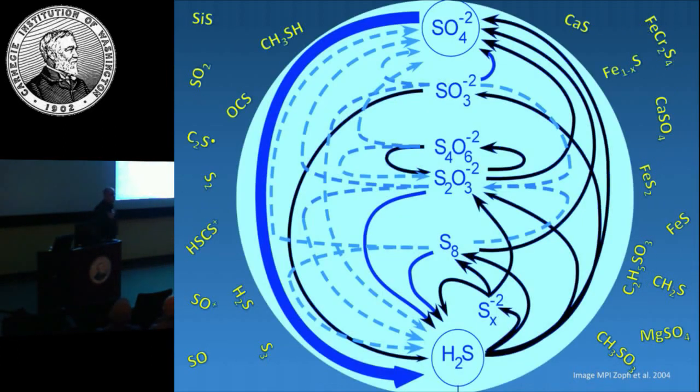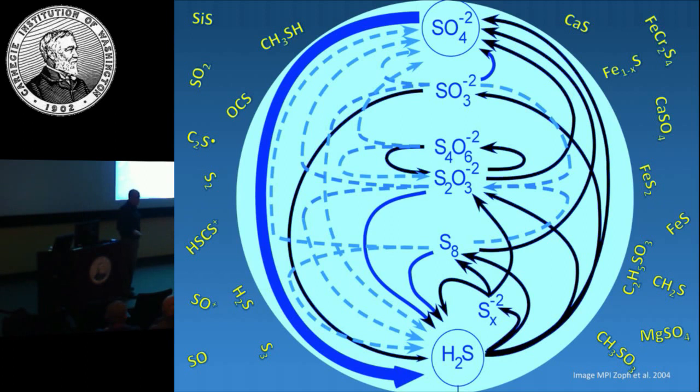The other reason why we're interested is because the chemistry of sulfur is actually quite complex. Sulfur occurs in a variety of different oxidation states. It occurs in a variety of different phases. Over here we have gas phase species. This is a model of sort of an aqueous phase sulfur chemistry. And then here are a variety of solid and then liquid phase species.